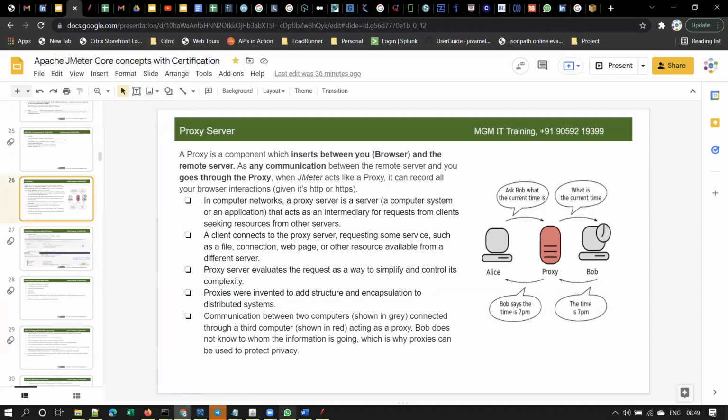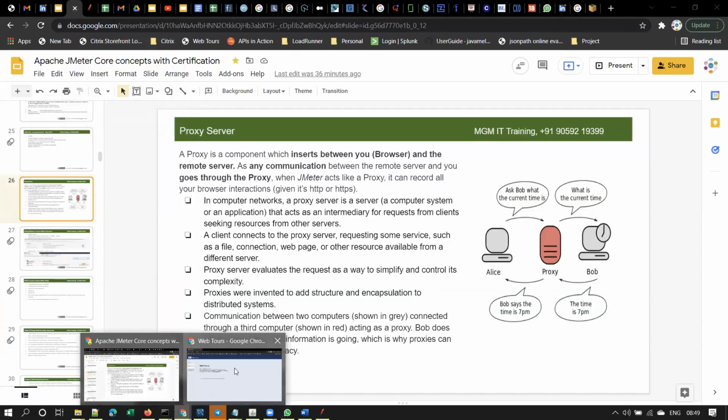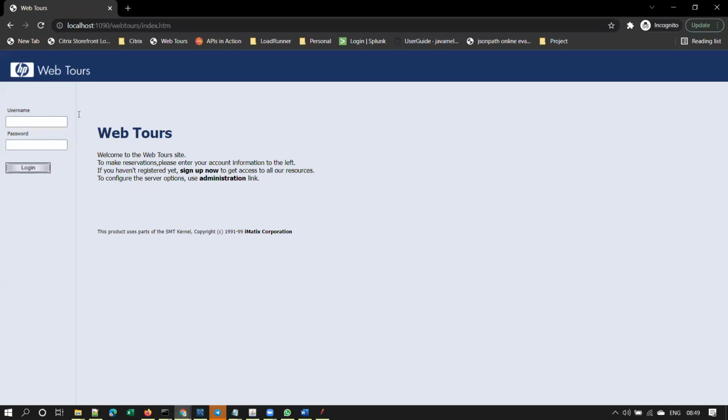Yes. Right. Now let me go to the application. Suppose you want to do performance testing for this application, with some 100 users or 200 users. With JMeter, you can do that. With LoadRunner, you remember, what is the maximum users that we tested, guys? 50. Right?